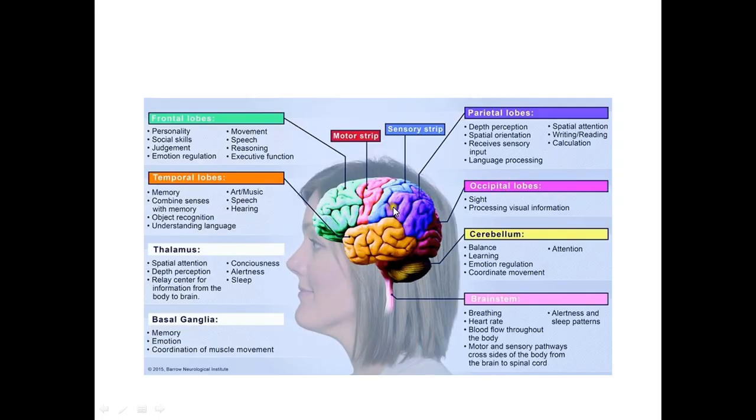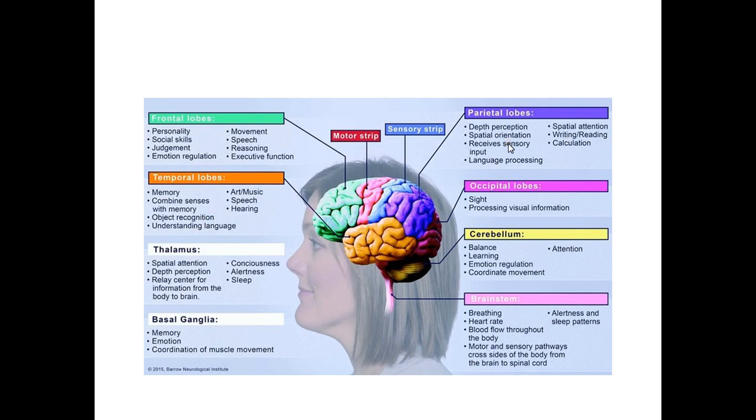This is a very important diagram showing different lobes and their functions and their signs. The frontal lobe is related to personality, social skills, judgment, emotional regulation, movements, speech, etc. While the temporal lobe is related to memory, combining senses with memory and recognition of objects, while the parietal lobe is there for depth perception, for spatial orientation,